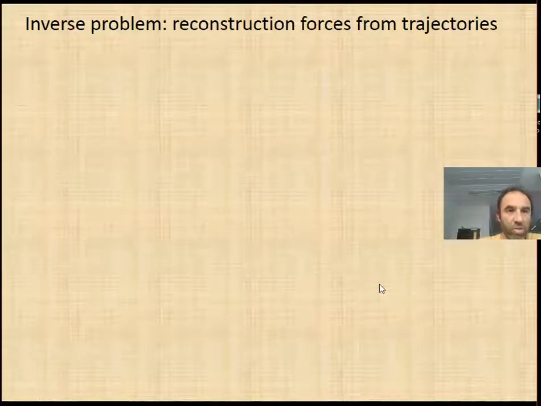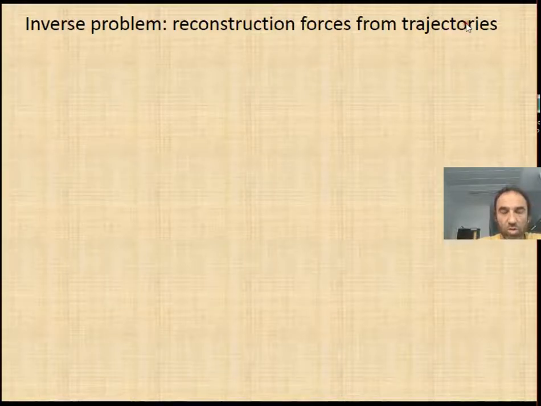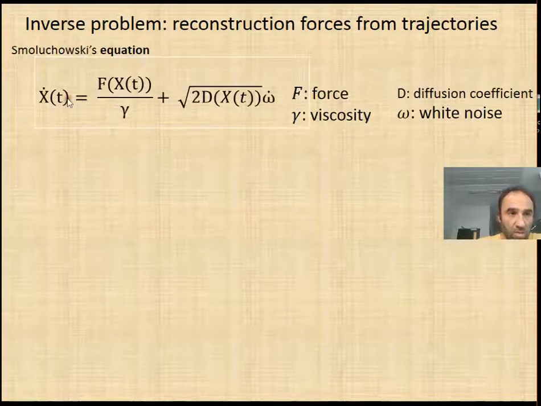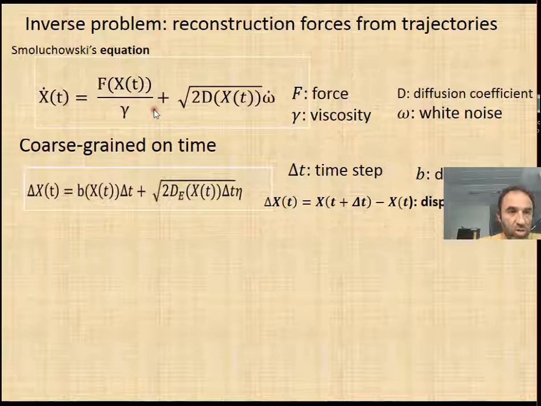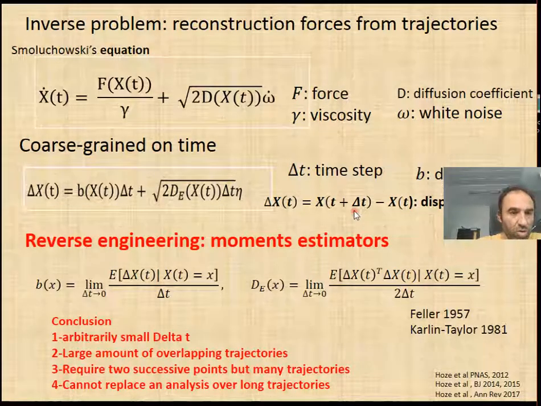Now we have a reverse engineering problem, and the question is how to reconstruct the forces from the trajectories. So starting from the Smoluchowski equation, the question is how to reconstruct F and the diffusion coefficient. A discretization of the equation is given by this, where delta x is called the displacement. The reverse engineering problem has been solved using these two estimators, where the field B is the expectation of